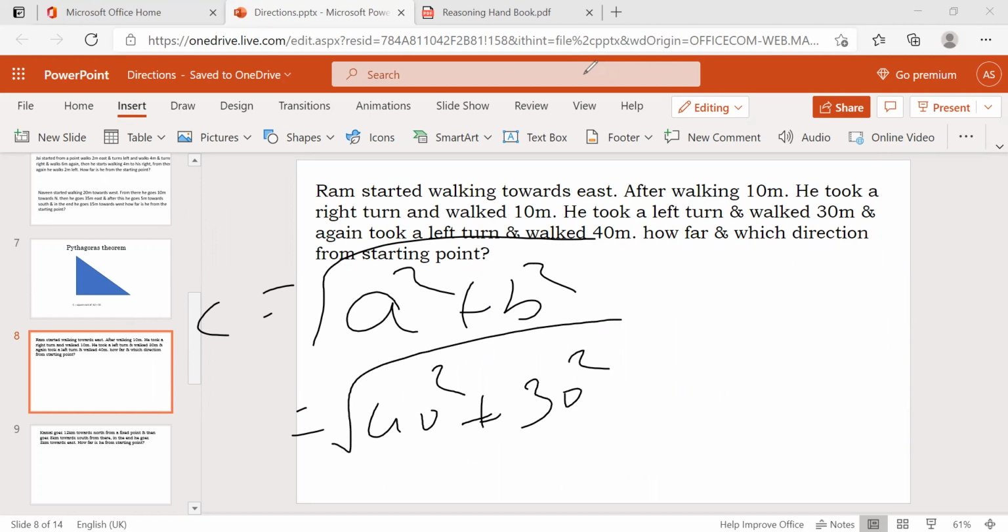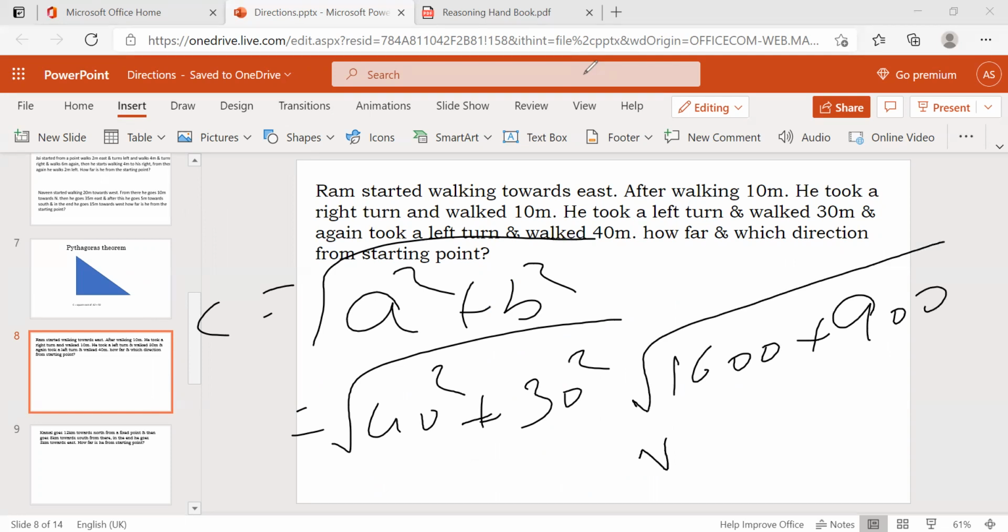So 40 square is nothing but 1600 plus 30 square is nothing but 900. Root of 1600 plus 900, 2500. Is it clear? So root of 2500 is nothing but